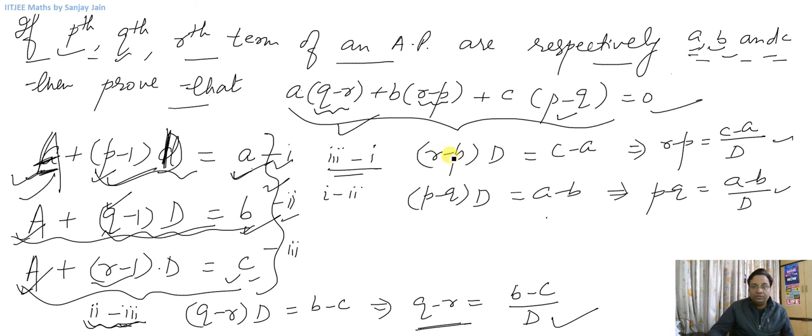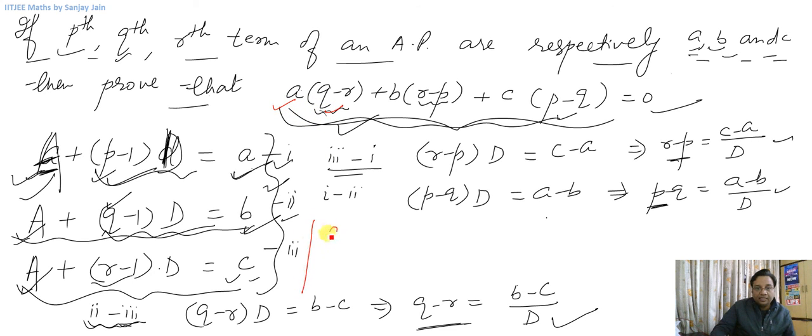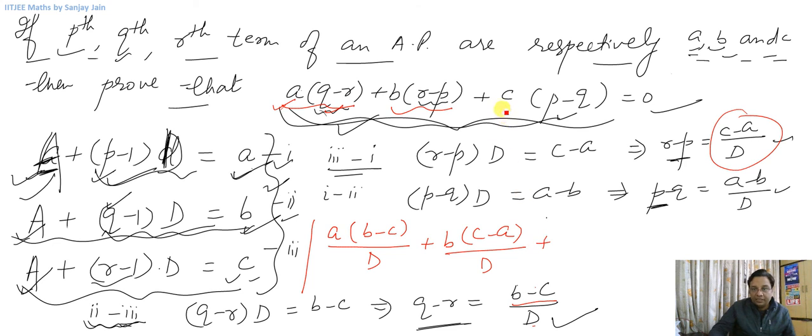Now if you put these values of r minus p, p minus q, and q minus r here on the left hand side, what is the expression that you will have? You will have, let me write it here itself in another color. So you will have a into q minus r, that is a into, what is q minus r? It is b minus c divided by D. So b minus c divided by D, right? This will be my first term. What will be my second term? It will be b into r minus p, which is c minus a by D. So it will be c minus a, and it is divided by D, plus the third term here is c into p minus q. So let me write it like this, c into p minus q, a minus b by D. So now this is my left hand side expression, this expression,